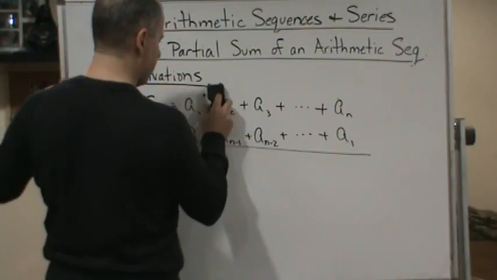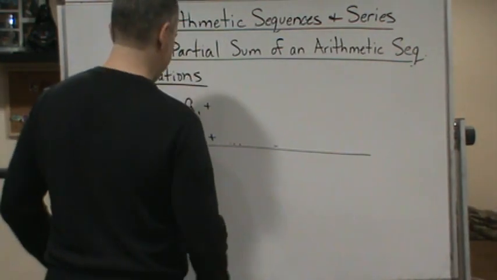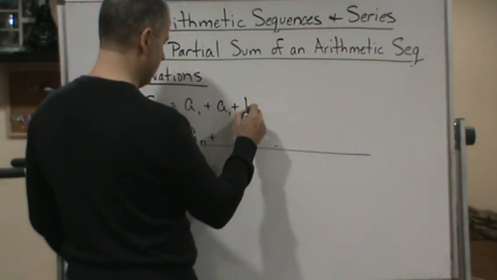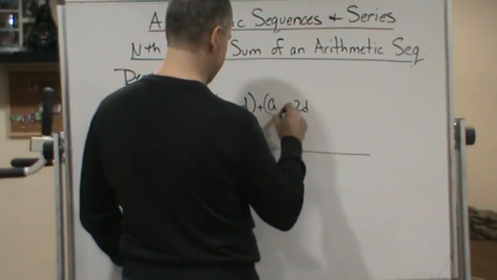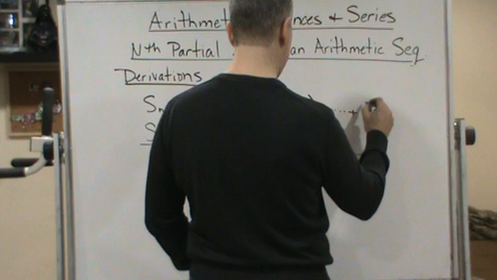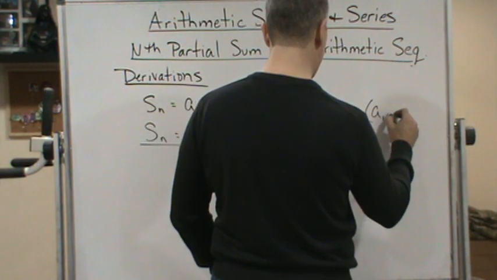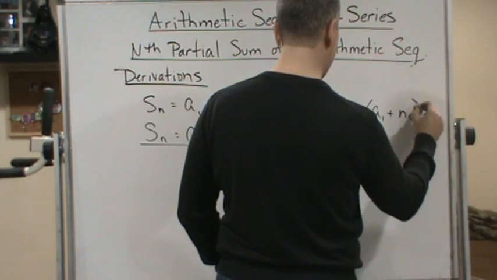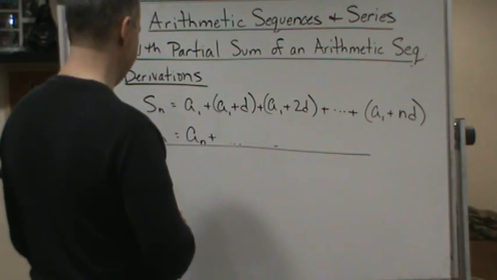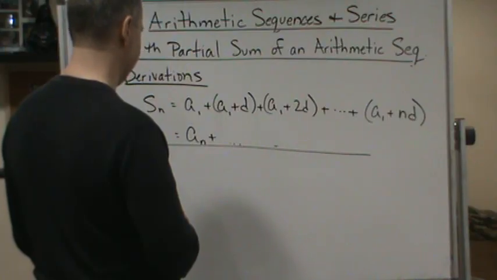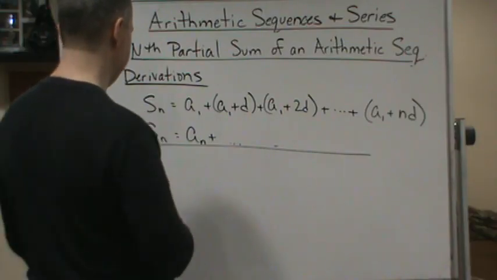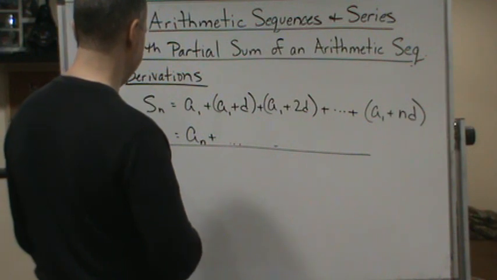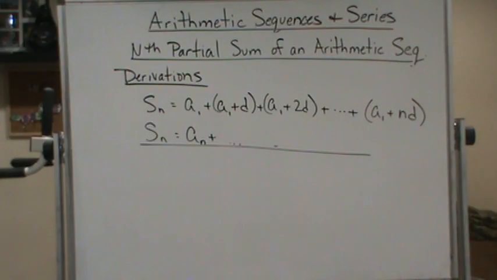Let's rewrite these in terms of the common difference. So a1 plus d, plus, we'll do this one, a1 plus 2 times d, all the way to a1 plus, and the bottom one would be